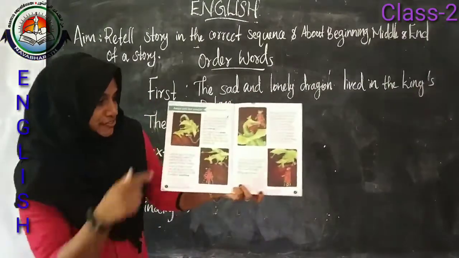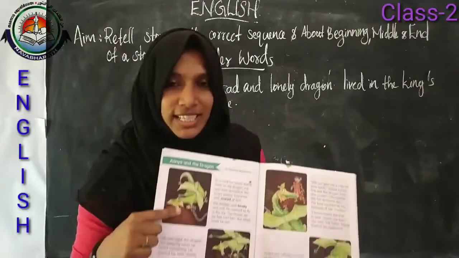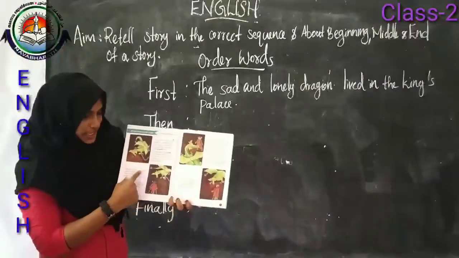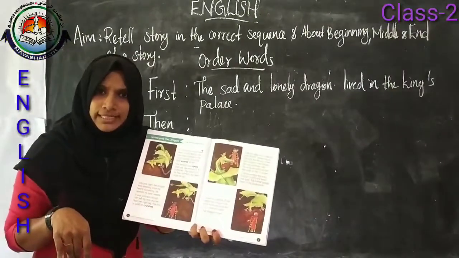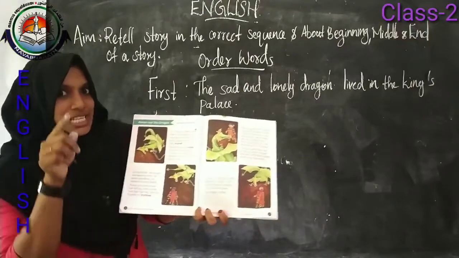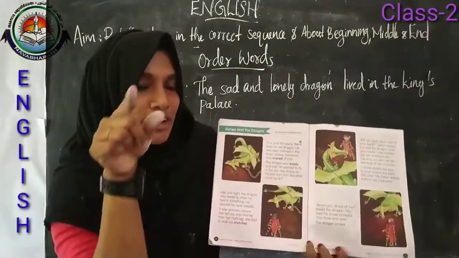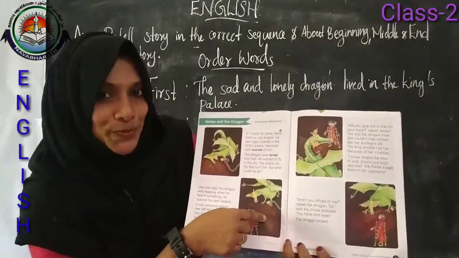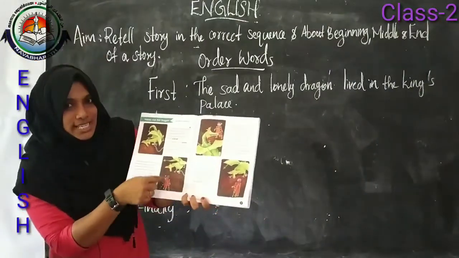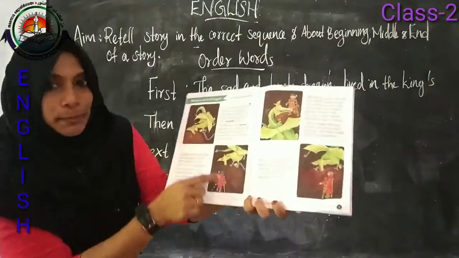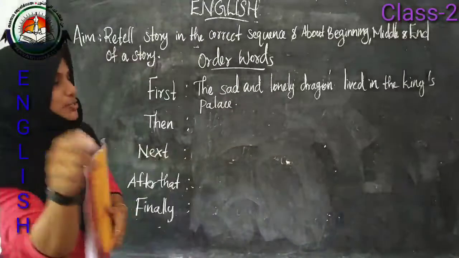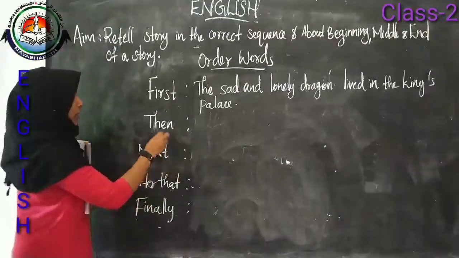So this is the first part of the story. This is the first order of this story. Then what happened here after this picture? Yes, after that someone enters his room. Who is that? It is Anya, the princess Anya. So the princess Anya came to his room. So this is the second order.